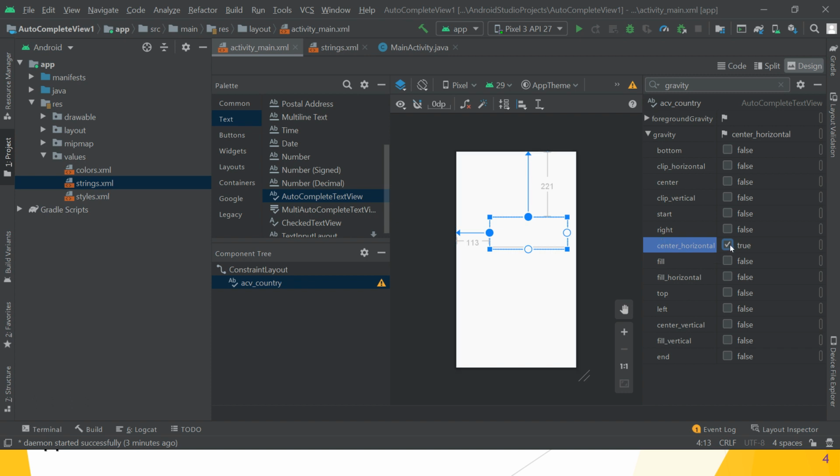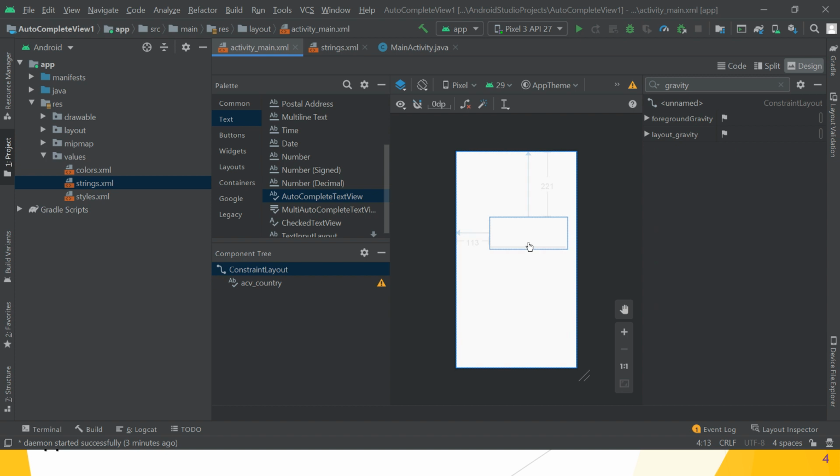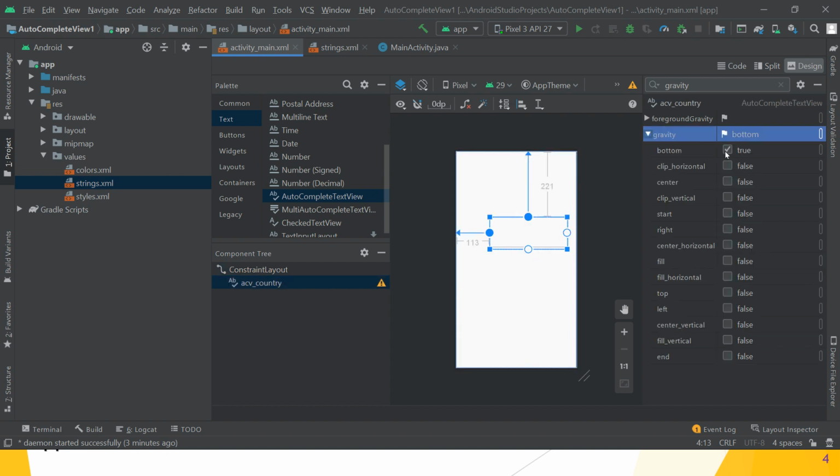If you want it at the bottom, you can click the gravity property and set it as bottom. The gravity property is used to specify how to align the text, like left, right, center, top, etc., where you want to type your text in this autocomplete text view.